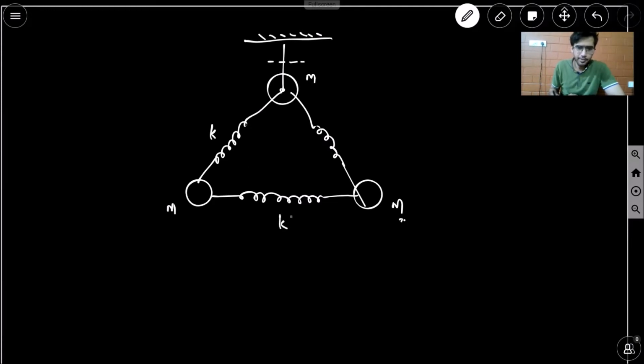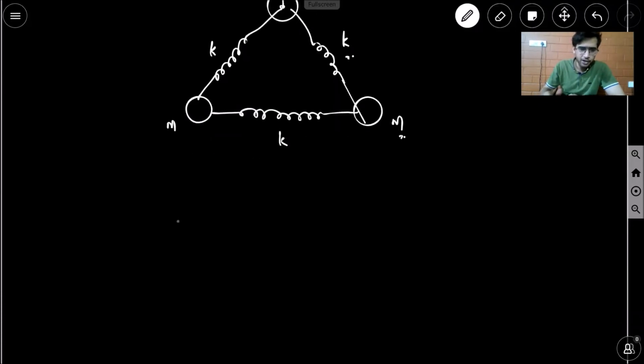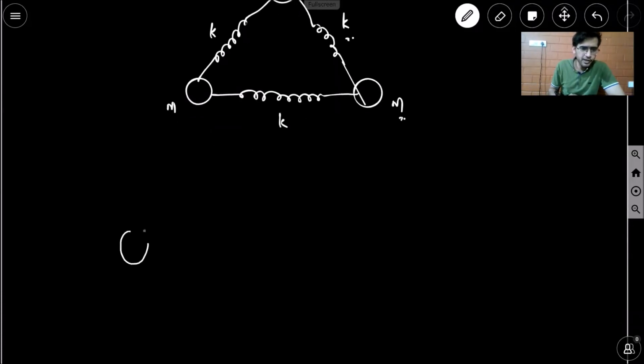So let's say spring constant, K. So let's draw a free body diagram for this particle of mass m. So in order for this mass to be in equilibrium, you have an mg force acting on this. So what is preventing it from falling down? It's obviously this spring which is preventing it from falling down. So let's say that the force exerted by the spring is F1, and that will be acting along the length of the spring. And once again, assuming that the shape is still kind of like an equilateral triangle, the angle will not change by much anyways. So the angle which it makes with the horizontal is 60 degrees, right?